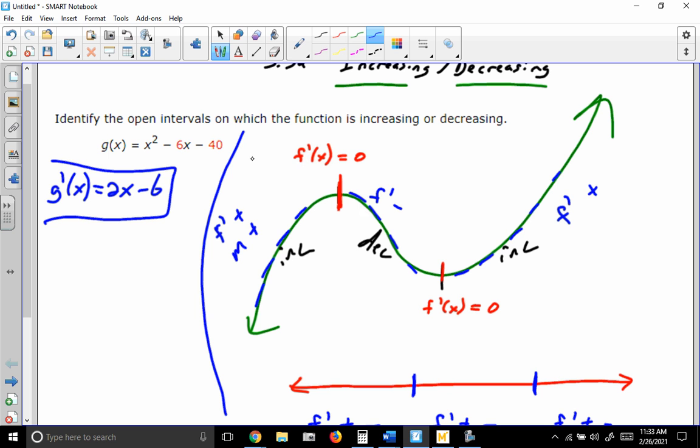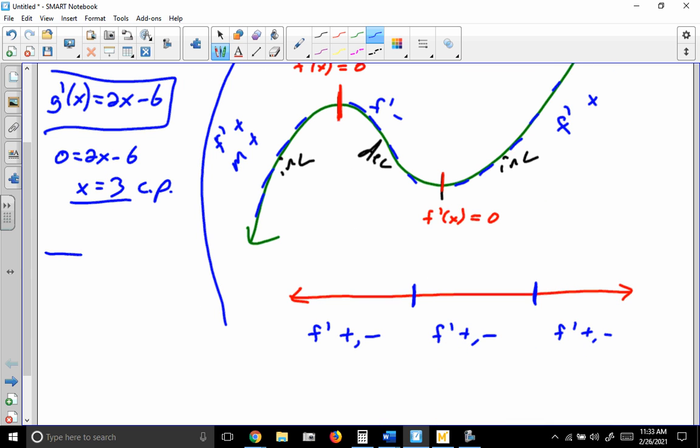So, set the derivative equal to 0. If we solve that, we get x is 3. So that's our critical point. That will divide our number line up into negative infinity to 3, and 3 to positive infinity. So we need to find out what's going on in each